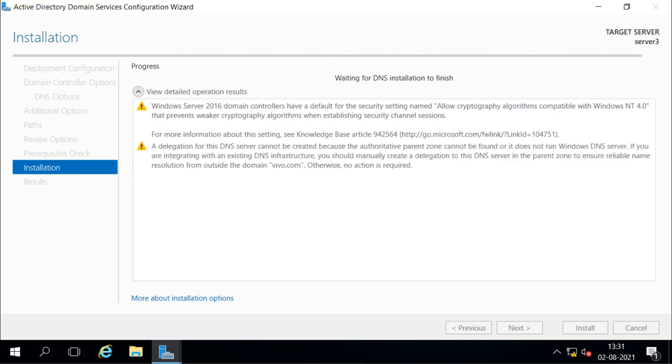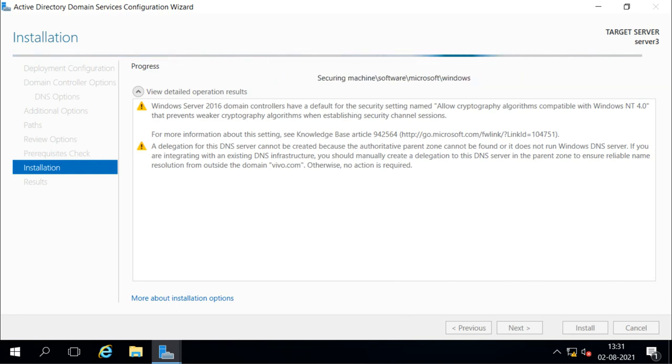Now you see it is saying waiting for DNS installation to finish. So first it is installing the DNS, and then it will start configuring the zone, and now it is starting installing the other things. So basically first it needs the DNS, and then it will install the Active Directory services, whatever configuration it is going to install, and create these into the Active Directory DNS services.